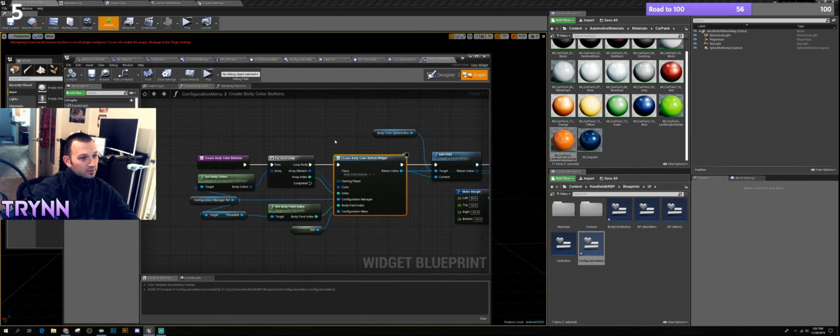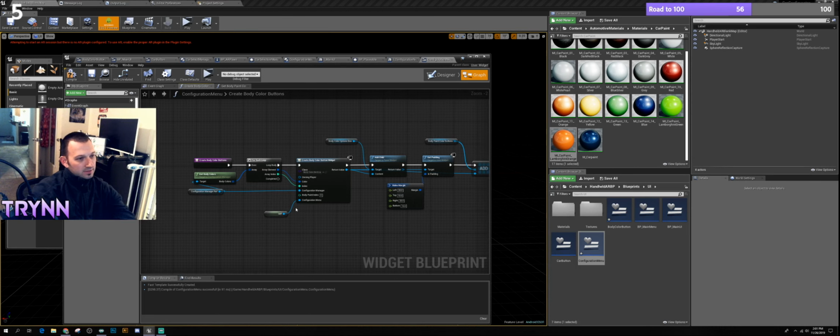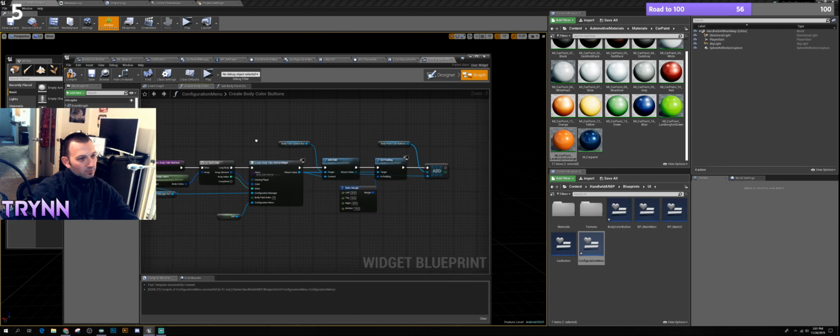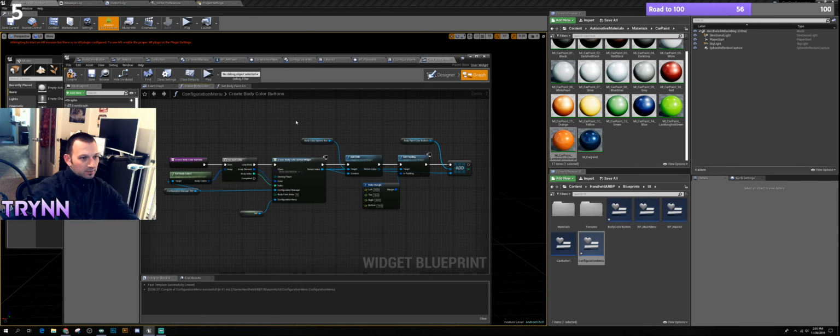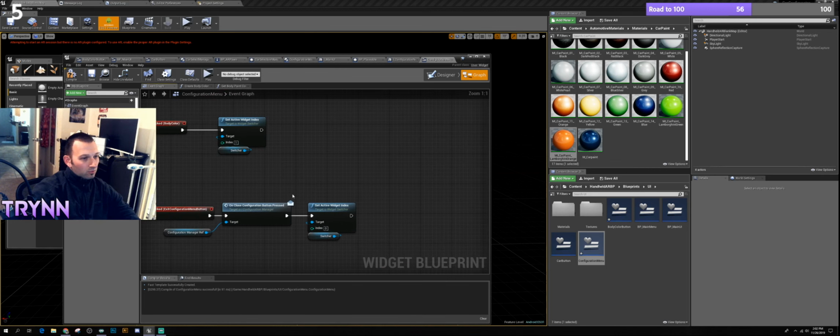But what's going to happen is, I don't need to pass this into there. There's no reason for me to do that, because the body paint index is going to be the same every time. No matter what button and color you're putting in, it's always going to be the same index. So really, it's just get to the point where we go,